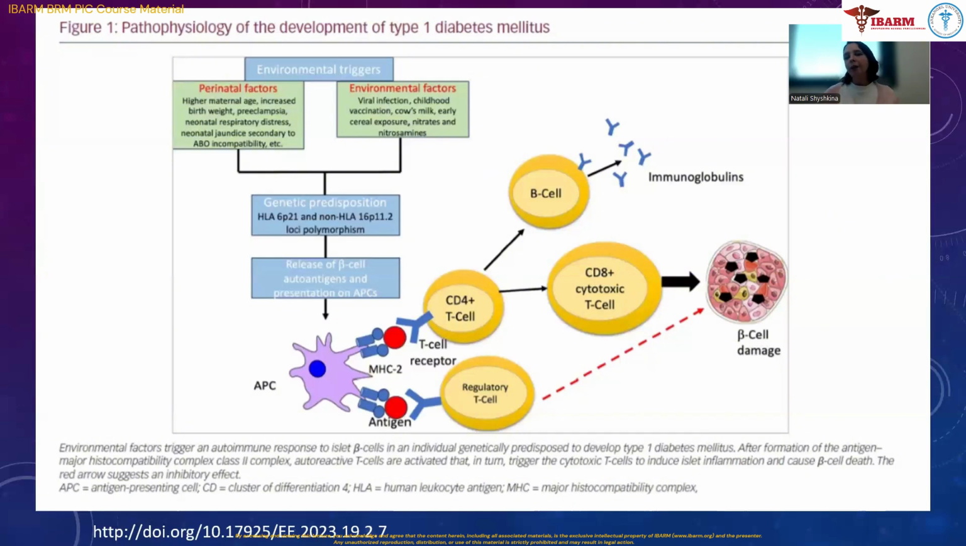It could be other environmental factors such as viral infection, vaccination, and even cow milk or cereal exposure, other toxins, nitrates, etc. So something should happen, plus genetic predisposition. We have